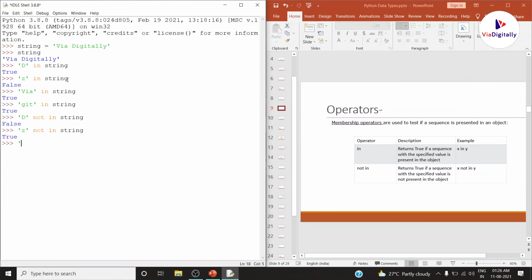For example, if I want to test hello in my string, is it present? No, hello is not present anywhere in my string. In the same case, hello not in my string.